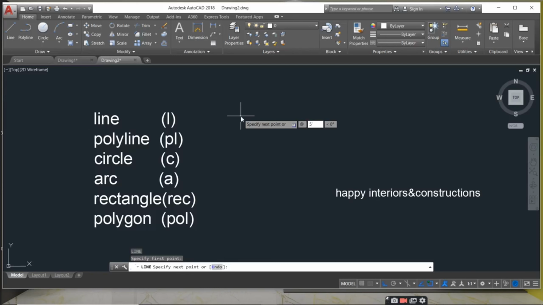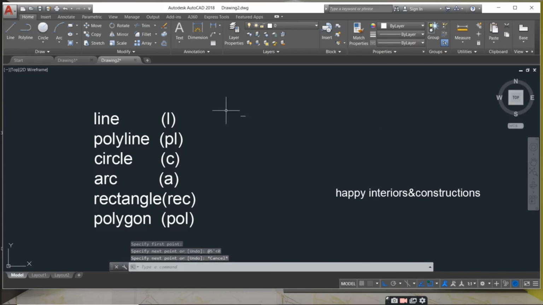Okay, 5 feet. Now go for less than, and it's your 0 degree angle. To the right side it is 0, to the top it is 90, to the left it is 180, to the down side it is 270. So press 0, enter.